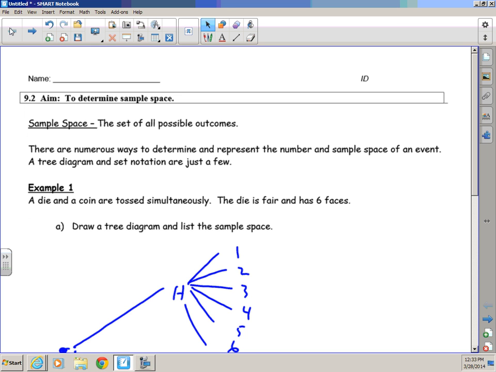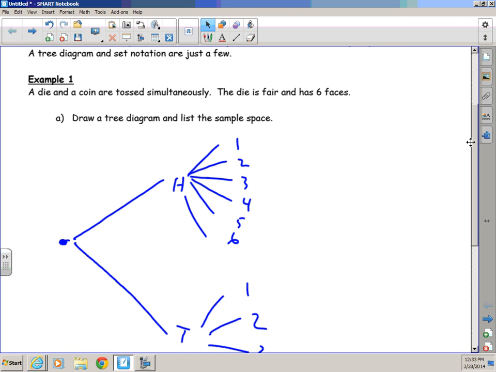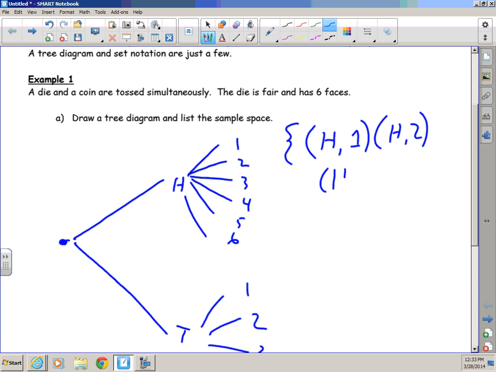I wanted to show you via this example how you would list this out in set notation, okay? And you'll see why it's not desirable, especially depending upon how many outcomes you have. So the way this would be done in set notation is I would, in braces, put each possibility, H1, H2, H3, etc., so that I would list out each possibility as